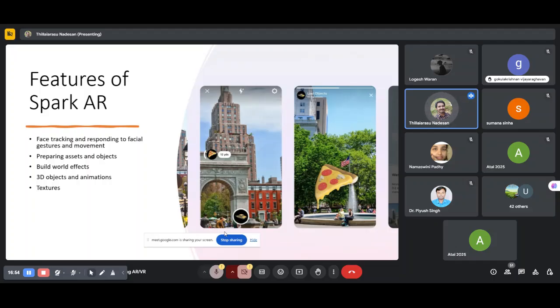And the textures and materials. What are these textures and materials? This is the future of Spark AR. In textures or materials, we can import a spreadsheet to the screen or add animation layer by layer.